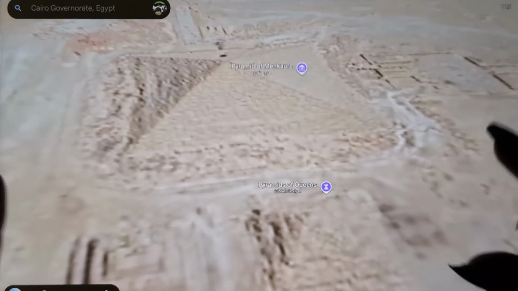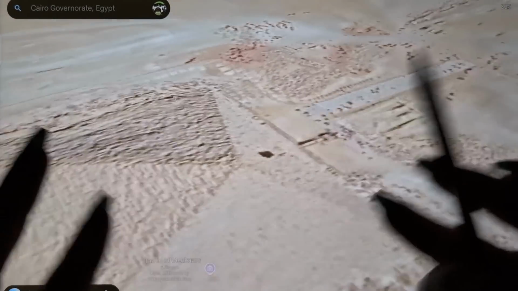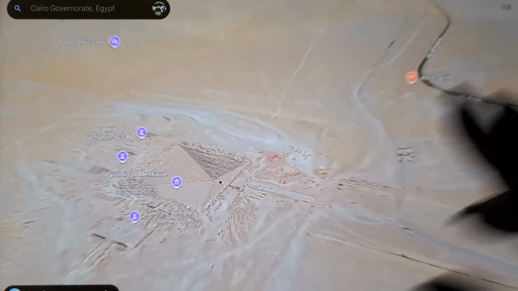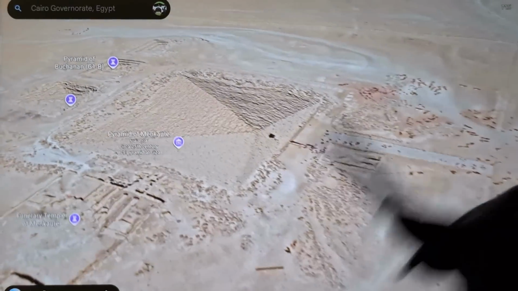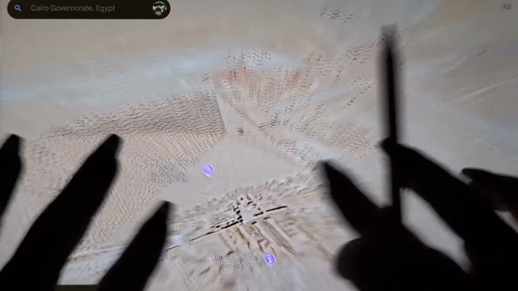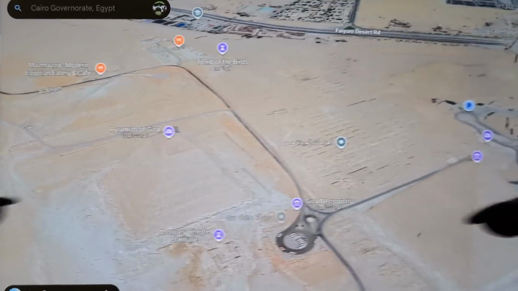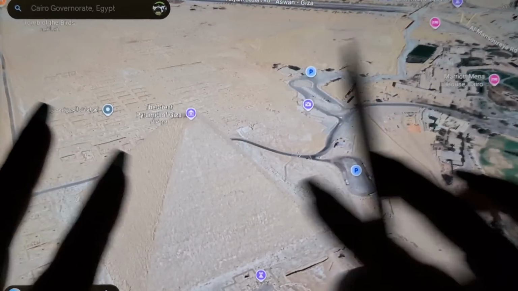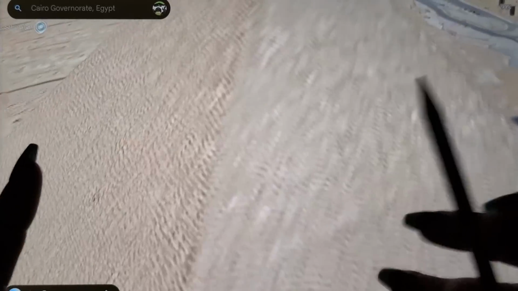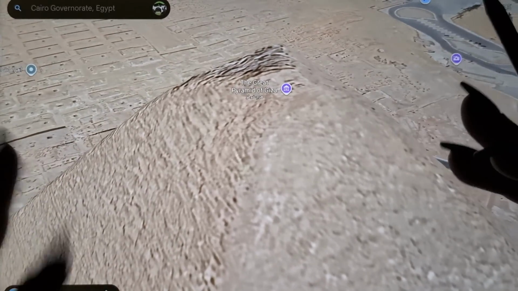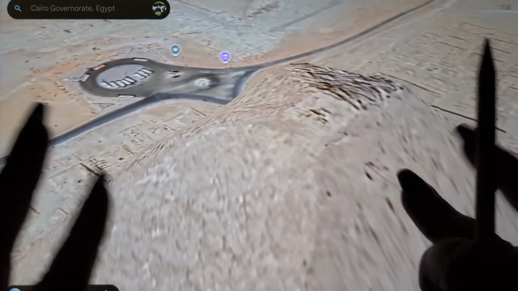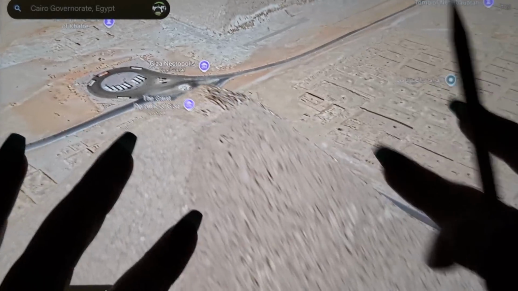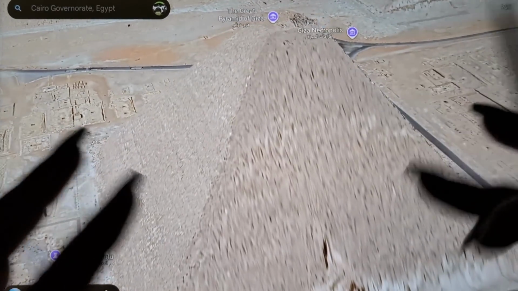It's not in 3D. Why? Why? Who? Someone's responsible for this. How come? And then, look, okay. The Great Pyramid of Giza. This looks awful in 3D. They can't make it perfect, but they can make it not look like this. It looks like a really bad, look at this. It looks awful in 3D.